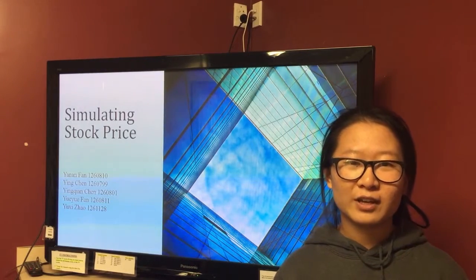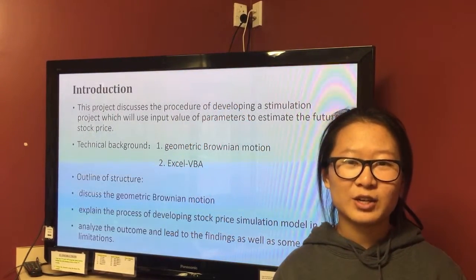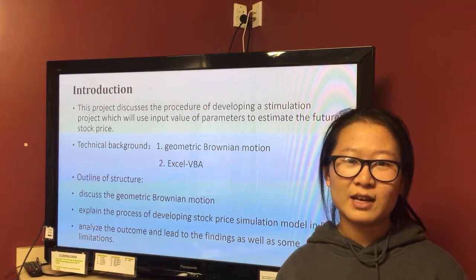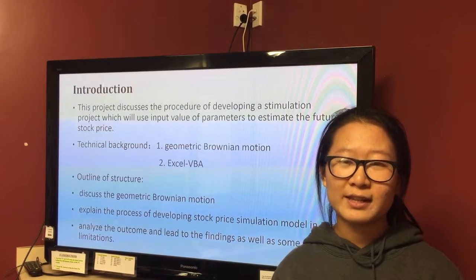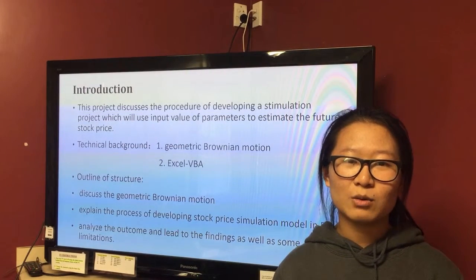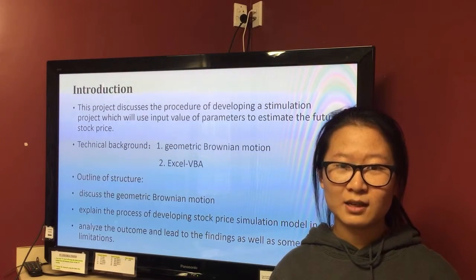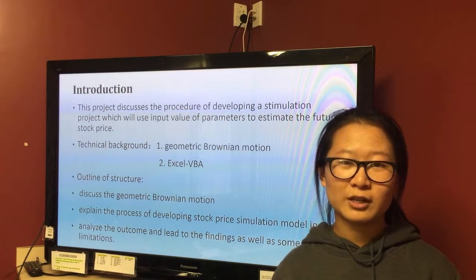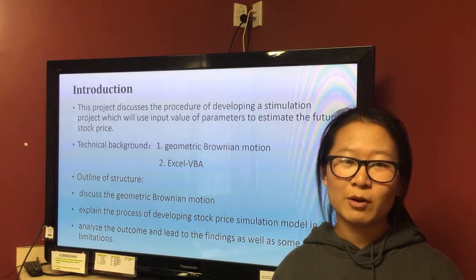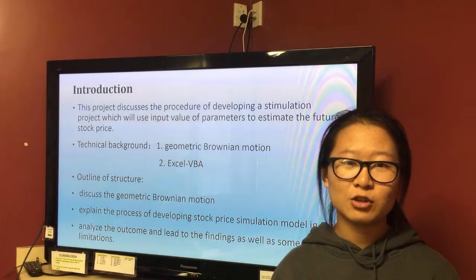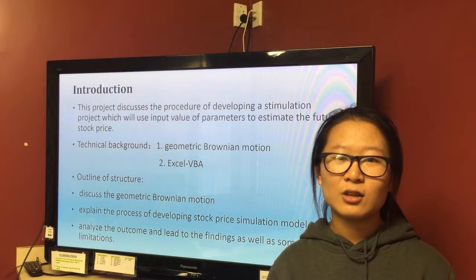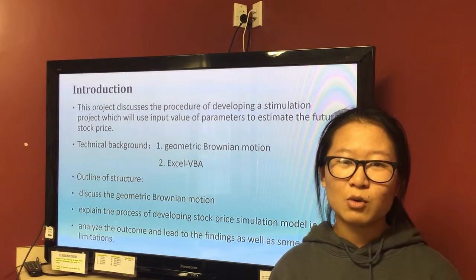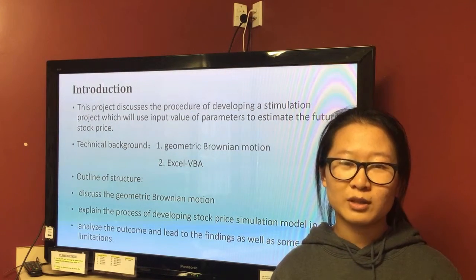With the growth of the economy, investors pay increasing attention to the prediction of stock prices. Excel, as a helpful tool for financial analysis, can play a useful role in estimating stock prices. We will discuss the procedure of developing a simulation project, which will use the input values of parameters to estimate the future stock price. In addition, we will refer to geometric Brownian motion, which is a continuous-period predicting